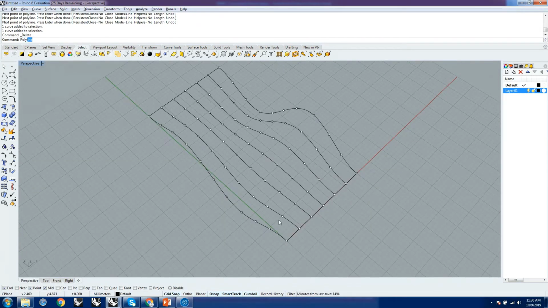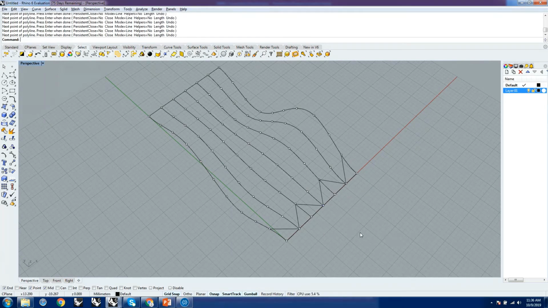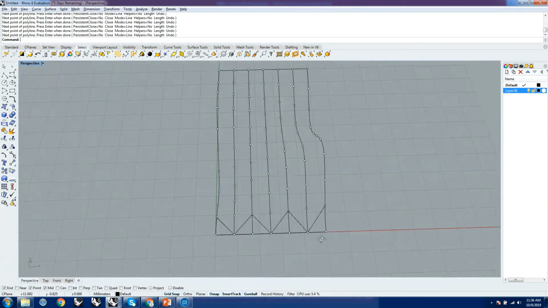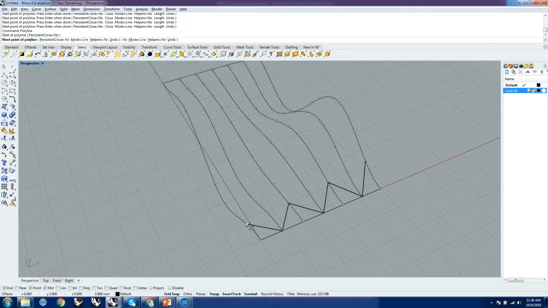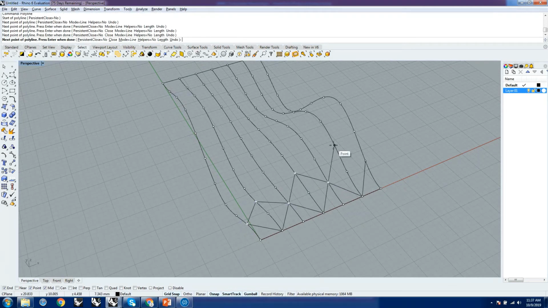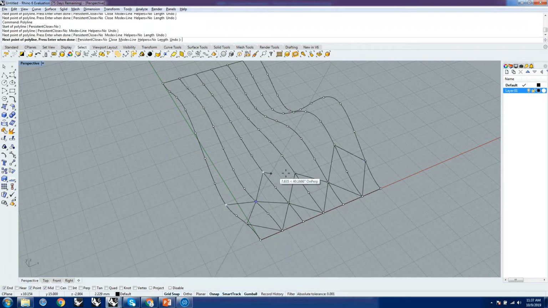So I'm going to say polyline again, and I'm going to select these points now. Alternate zigzag kind of mullions, which will obviously, as I know intuitively, it's going to help in spanning this canopy in a much better way, and it'll look cool too, I think. So here I have these ones, and